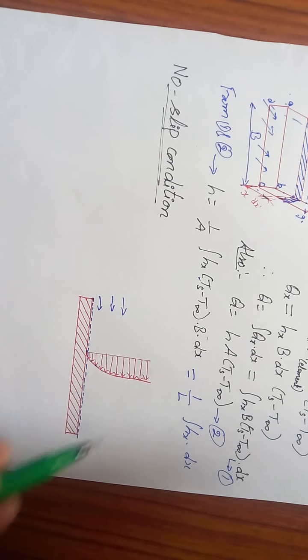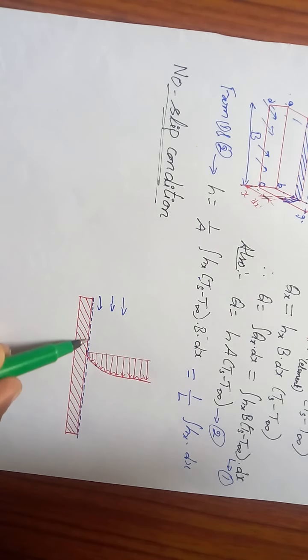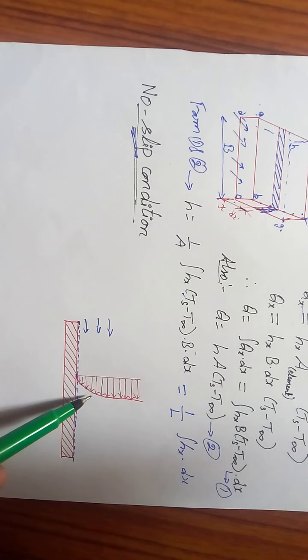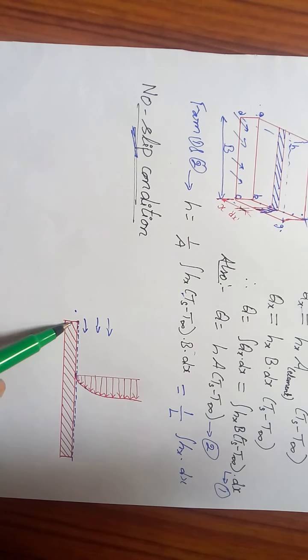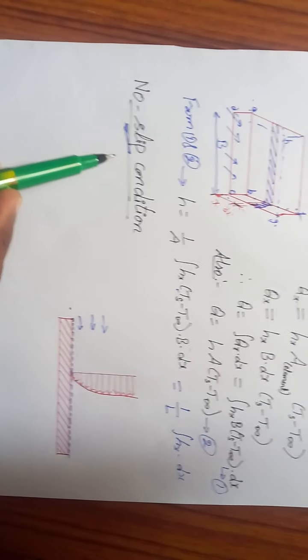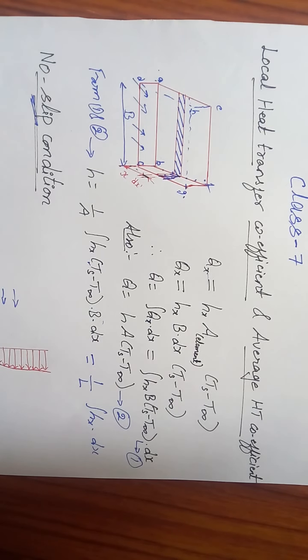Likewise it continues, right? So here the one layer which can be assumed to be stationary doesn't have any motion. Since there is no motion, it doesn't slip. There is no question of slipping. But if you imagine two different layers in motion, a concept of slip may arise, but here there is no concept of slip. So this layer which is almost stationary can be referred to as the no slip condition. Fine, these are the two different basic concepts you should be aware of while solving the numericals.